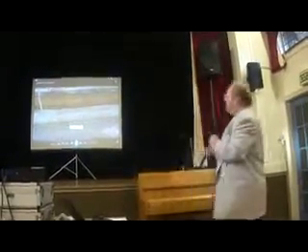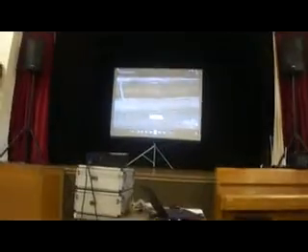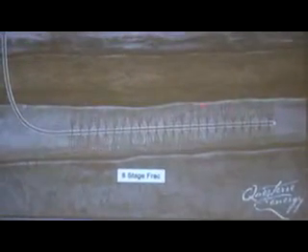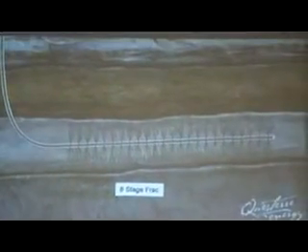What you see in this animation, of course, is the perfect frac job. In other words, the fluids have been pumped down the well, and they go through the perforations and they go into the target geology. And what you see here is it's so perfect, the calculations are so accurate, that the fracs stop just before they reach the edge of the geological strata. That's a crock. An absolute crock.